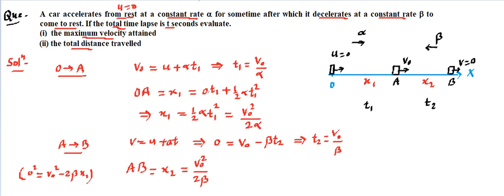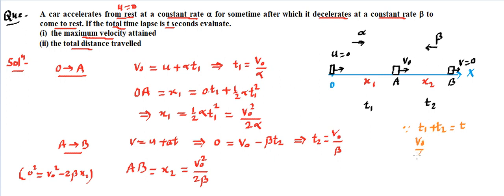Now let's look at what is to be asked or answered. The first part is asking about the maximum velocity. So first we need to think where the maximum velocity is going to be. It starts from 0 and its velocity increases, so this becomes a maximum. Why? Because after that its velocity is going to decrease because of deceleration. So deceleration reduces the velocity. So this v naught is basically the maximum velocity. And there's one more condition given to us, the total time elapsed t. So since t1 plus t2 is equal to t, we can place this t1 definition and t2 definition, and we can get the value of v naught.